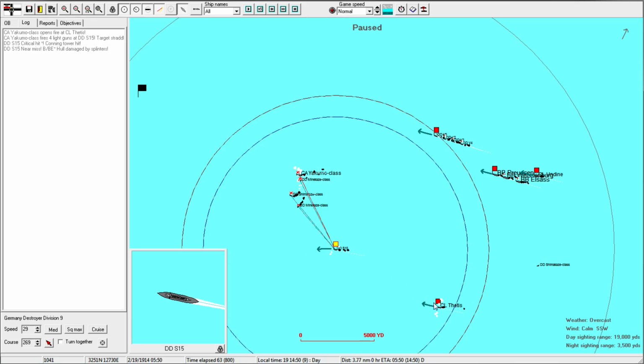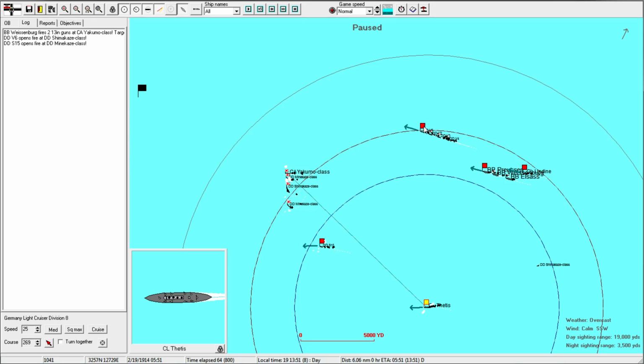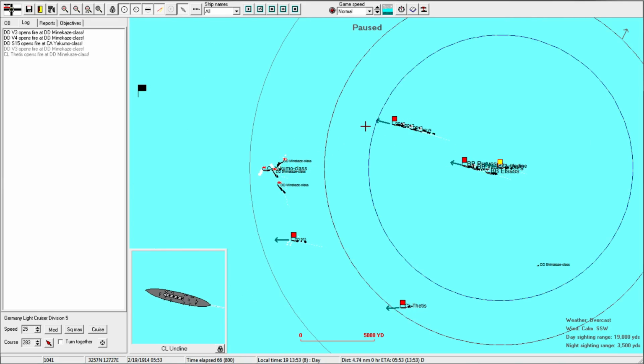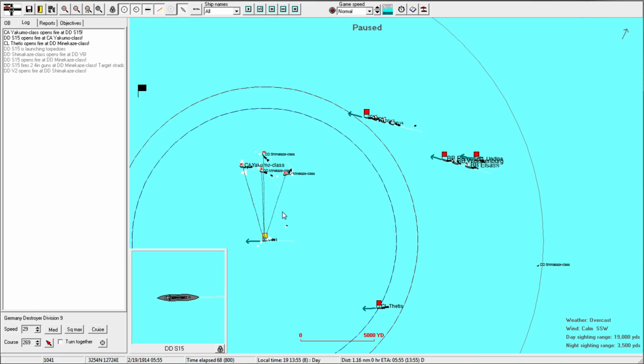Okay, now they're obviously countering, which is intelligent. But they have to counter-maneuver on both sides, so we should eventually get close enough. Oh, man, it's going to be tough. Launch torpedoes. No! Why are you launching...